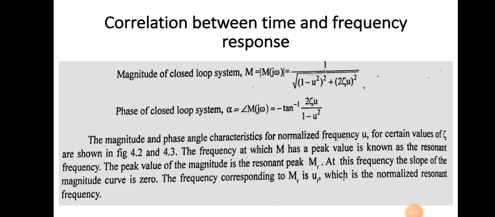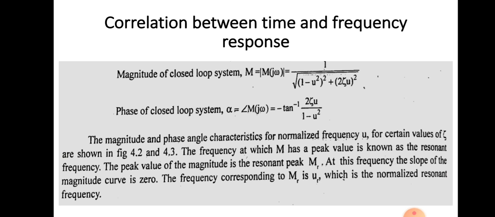In this session, we will discuss the correlation between time and frequency response. We have studied the time domain specifications and also the frequency domain specifications, and we will find the correlation between these two quantities. For that, we are taking the magnitude of the closed loop system as M equal to modulus of M of